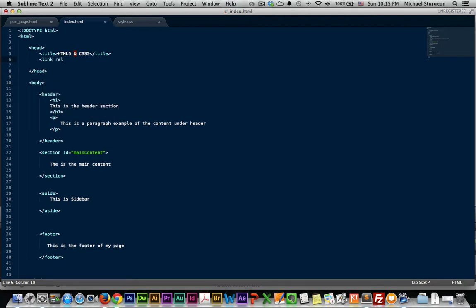Link rel equals, and then quotes, stylesheet. Then outside of the quotes, do another space, href equals, and this is where you put in the name of it. Quotes, style.css, and then we're going to tell it the type,